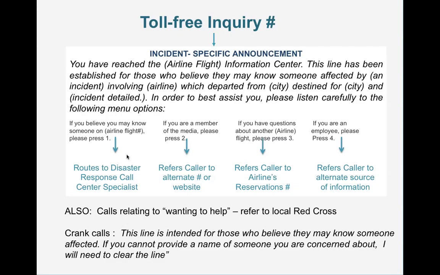The toll-free number that gets published in the media is the number that ultimately will lead to a caller speaking with a call center specialist. And before that, and I've used an aviation example here, they will hear an incident-specific message. This line has been established for those who believe they may know someone affected by this accident, which involved this airline and this flight number, which departed from such and such city, destined for this city,